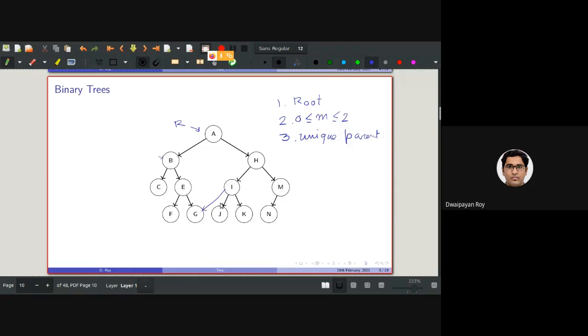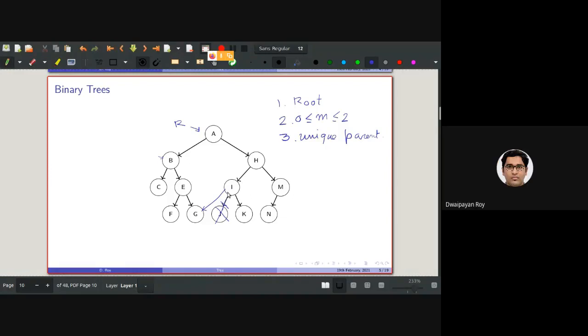Now my question to you is, if there is a connection between this and this, and let's consider this is not here, so will it be a binary tree? So this node is not there. So the left child of I is pointing to G. Will it be a binary tree? G has two different parents. So G has no unique parent, correct.